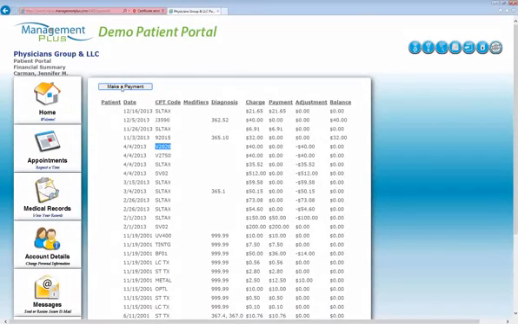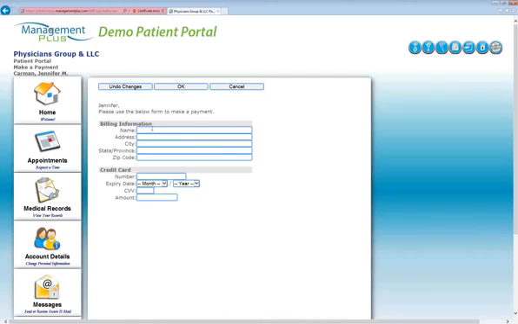Okay. When the patient comes out here, they can click Make a Payment. And again, you have to use TransFirst for this. They're going to fill out all of their billing information for their credit card, and then down at the bottom type in that credit card number. Okay. Once they click OK, it's going to authorize for whatever amount that they said they wanted to pay. They click OK, it authorizes the card, and it's going to put that amount of money in the patient's account